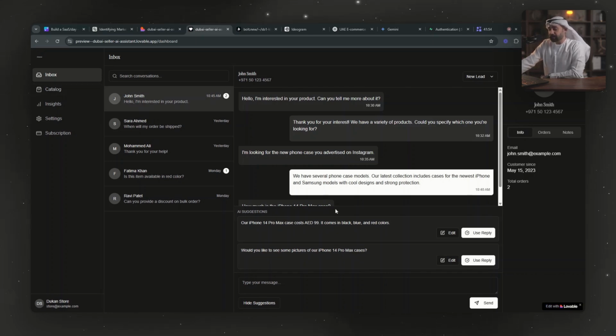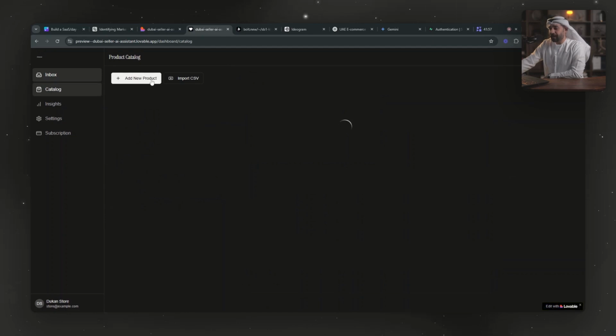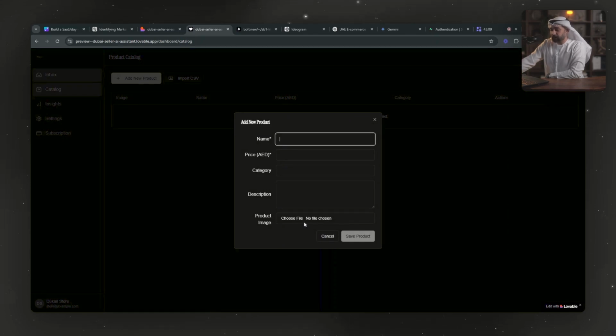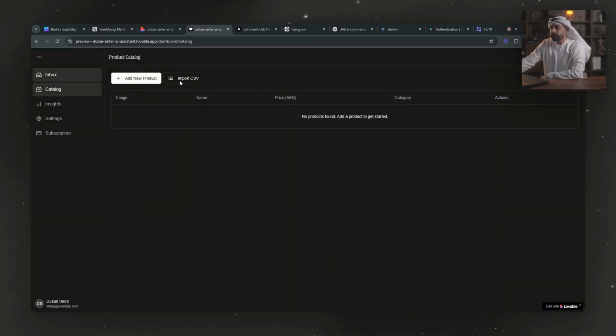On the catalog, just to streamline everything, you add all your products over here in the catalog. Did you like this? Okay, it's not showing me again, but the loading animation looks nice. So you don't have products, but if you click here, you can add your product. You can add an image. It works. It opens a file, it allows you to upload an image and so on. I've tested that, but I'm not going to do it here. Or you can import a CSV file. If you click on this, it gives you the import CSV screen. This is for the catalog.